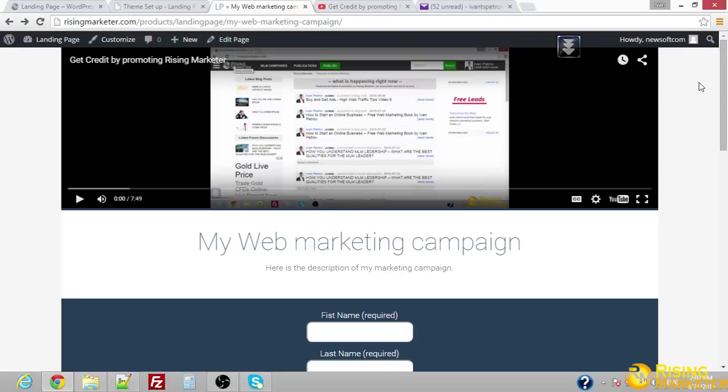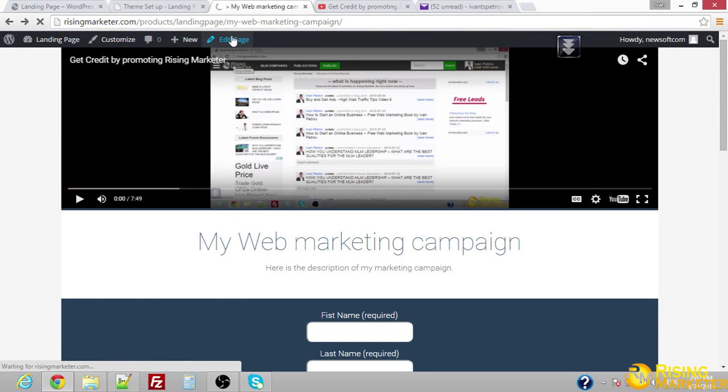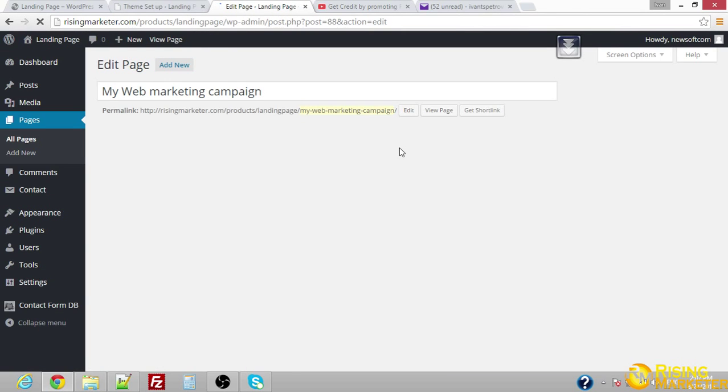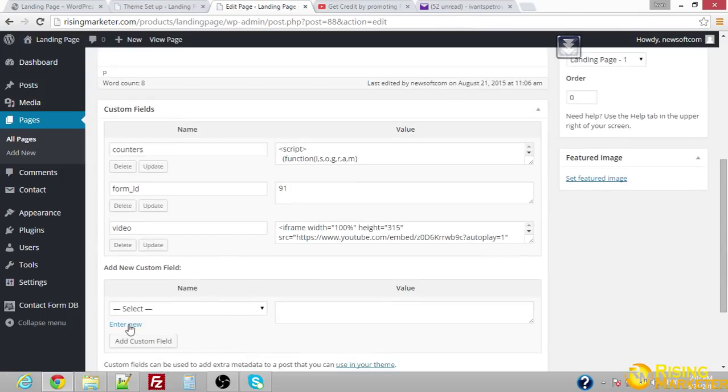So you go here to appearance, theme setup, landing page setup, and you need to have this footer. You copy this, and when you edit your landing page once again, you go to custom fields once again, enter new, paste footer, and you can actually type here